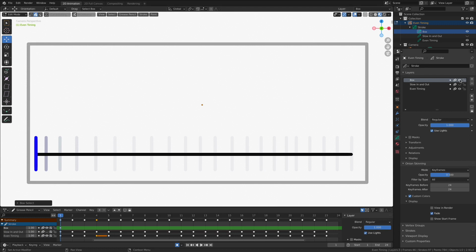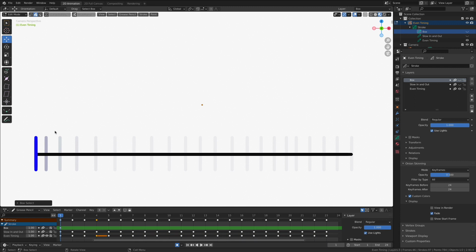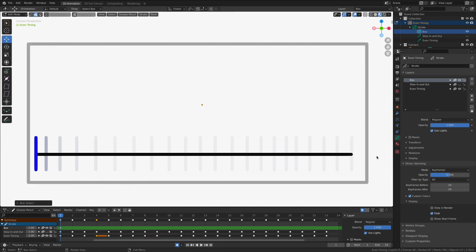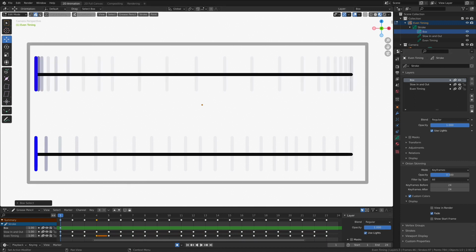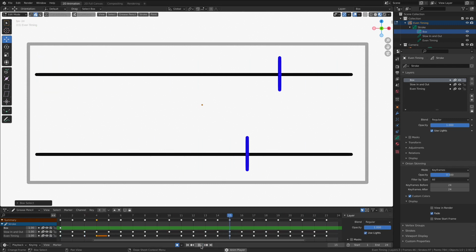I can go in, just in one click, turn off the entirety of that layer, work on the foreground objects that I know I'm going to need to animate, and then when I'm ready to render it out, I can turn everything back on, and voila, I'm up and running. So these animation layers are a great way of organizing your scene, controlling your scene, and animating the elements in your scene independently from each other.